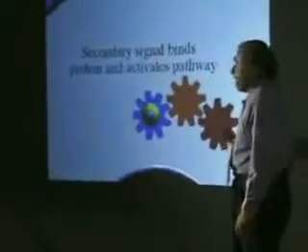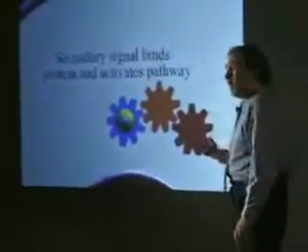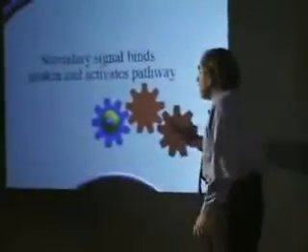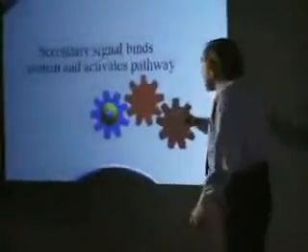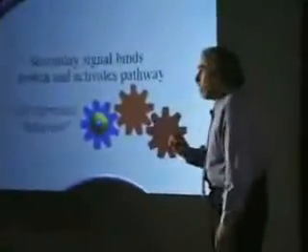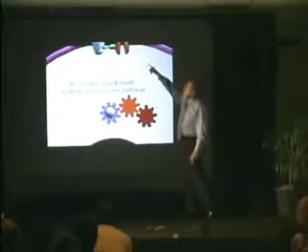Signal shows up, then I take the enzyme, split it, and the active component, now this is the active signal, can bind to the protein. And now I can activate this protein. And this is the behavior that's going to be expressed by the cell. And the question, of course, is, well, what really activated this protein? What was the original source? The answer is the primary signal in the environment was then relayed by the secondary signal to activate the behavior